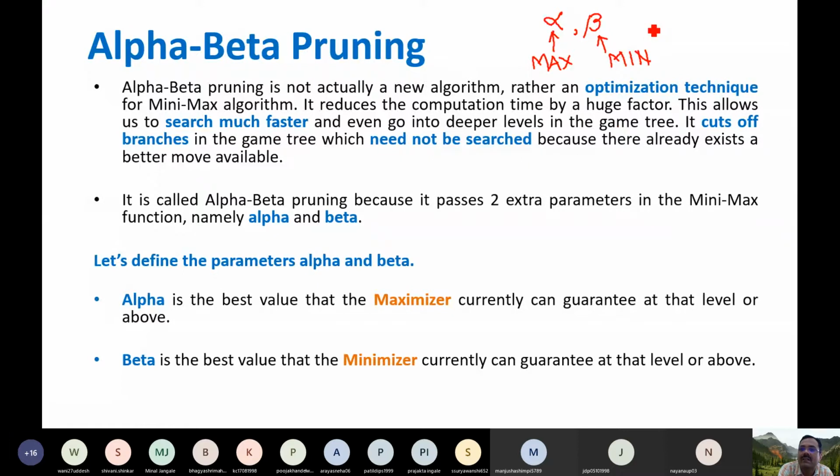We can write it in simple words: beta is the maximum value that the minimizer has to give.